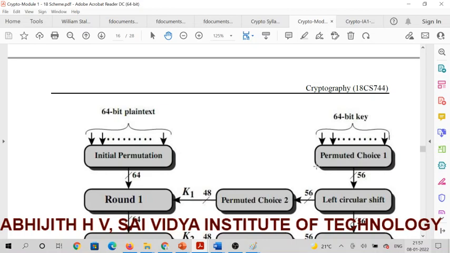Now, on the other hand, the key will be selected. A permutation of the key will be performed. For this, it uses a table called Permuted Choice 1. By using Permuted Choice 1, all the bits in the key will be shuffled. After shuffling, we will get